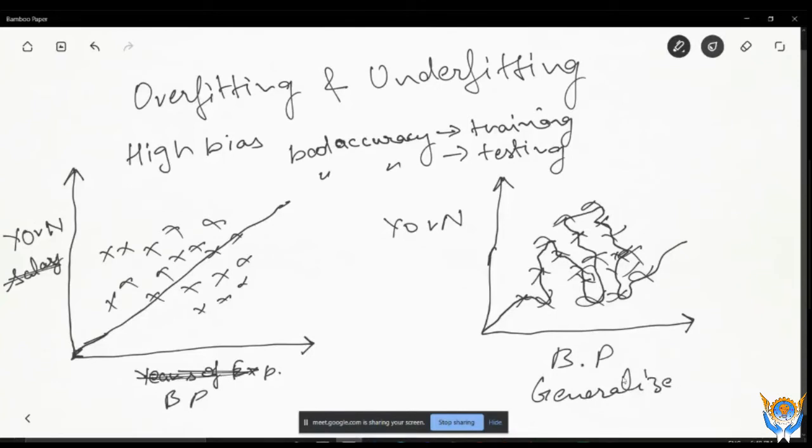Basically अब यहाँ पे ये क्या कर रहा है, ये हर एक पॉइंट को बेसिकली प्रिडिक्ट करने की कोशिश कर रहा है, ये हर एक पॉइंट के पास जा रहा है. So yes, it will perform good on a training data set, but its accuracy is worst in our testing data set. I will give you a very good example.